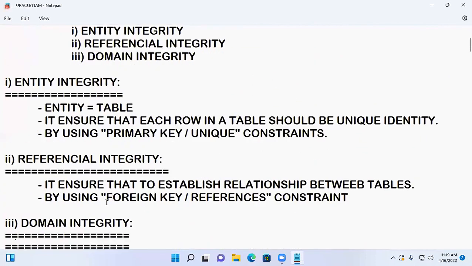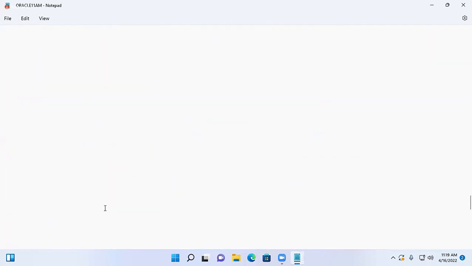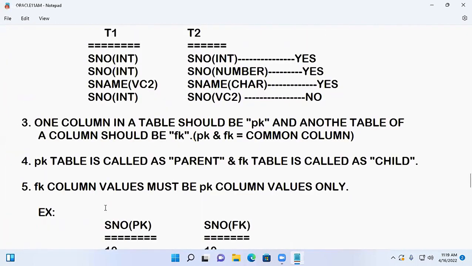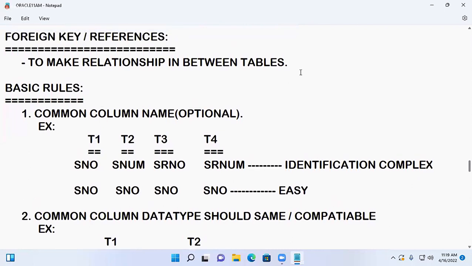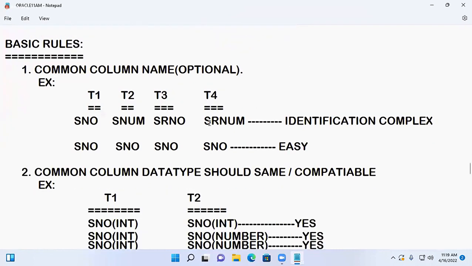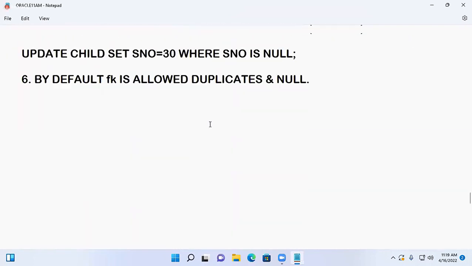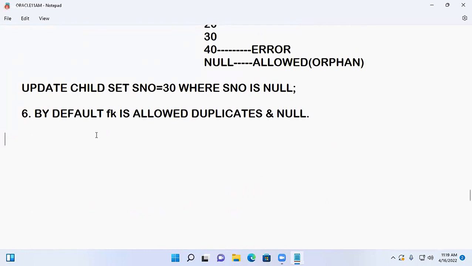Now we can check out here the last one, foreign key, which we started in yesterday's session, and the basic rules we discussed in the last session, right? To make relationships between tables, these are the basic rules. And whenever you want to go for the syntax, when you want to apply your foreign key, we have a syntax where we should take one common column,